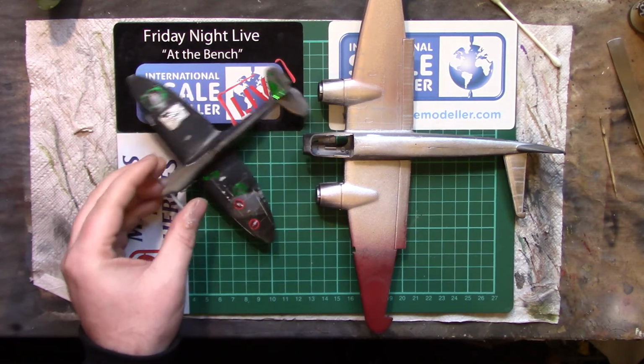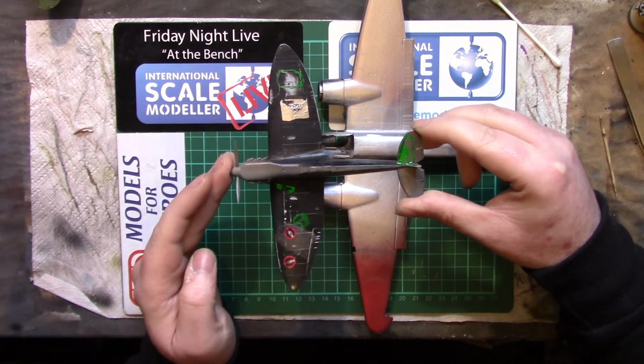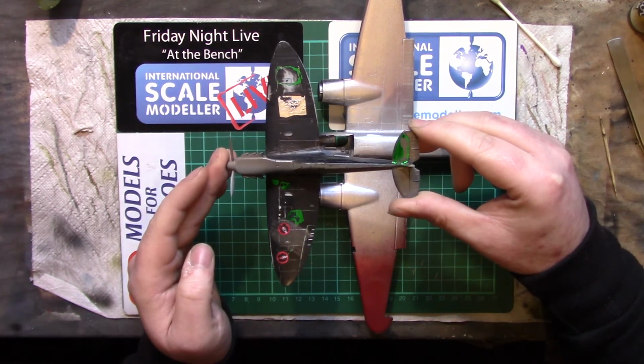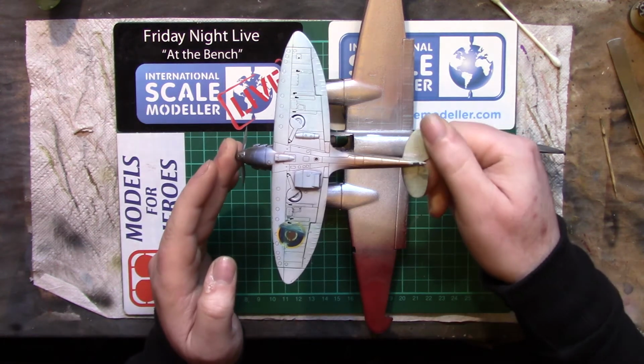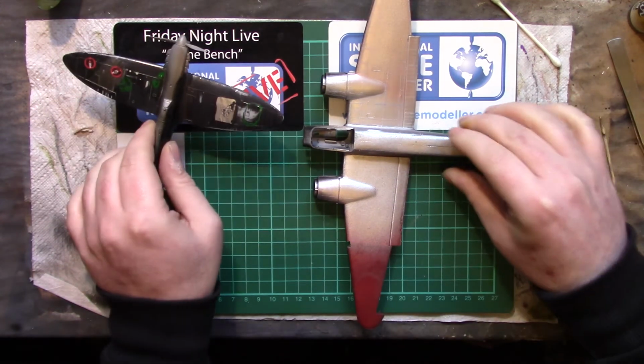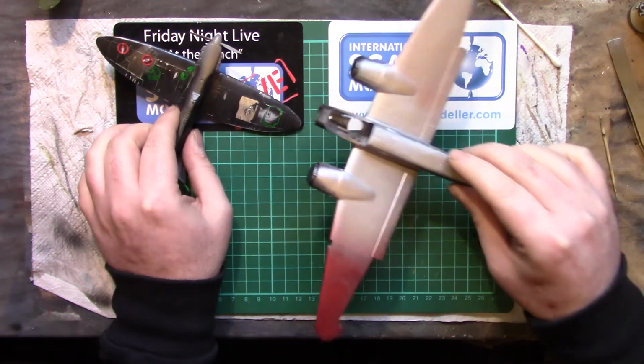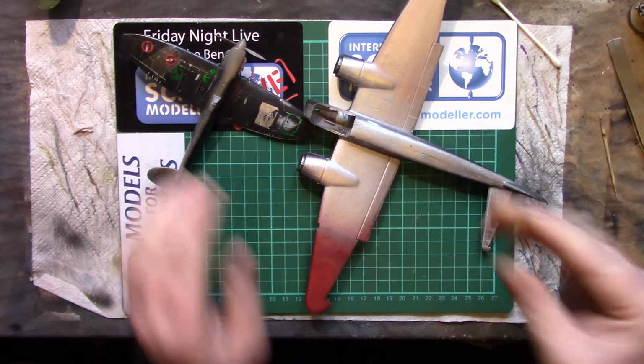But as you can see looking at them, all sorts of different things going on, different paints, decals, working on different effects. You know, absolutely covered in layer upon layer of paint and God knows what. But why have them? Well,